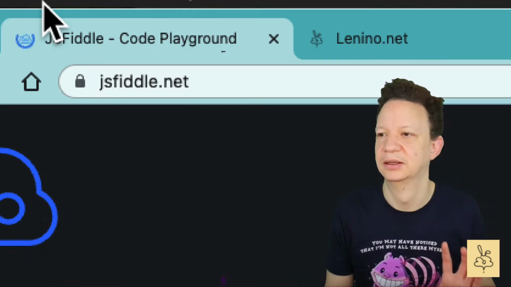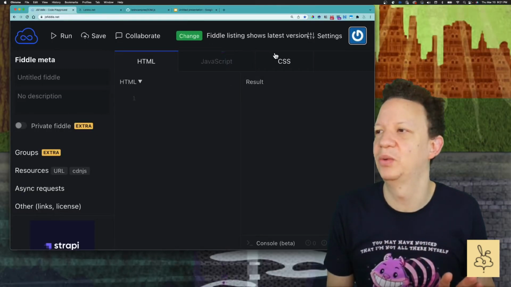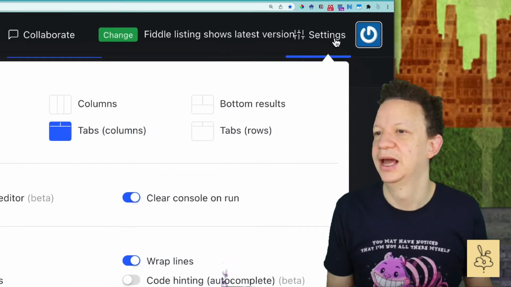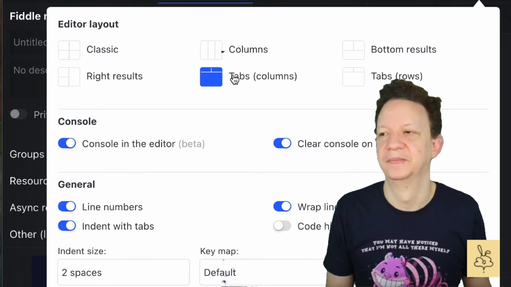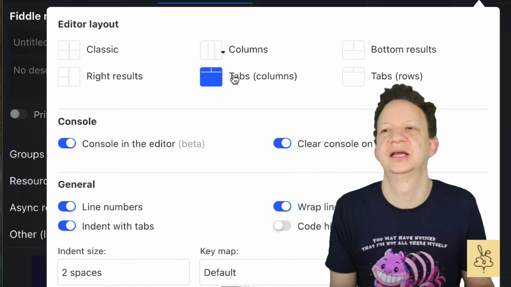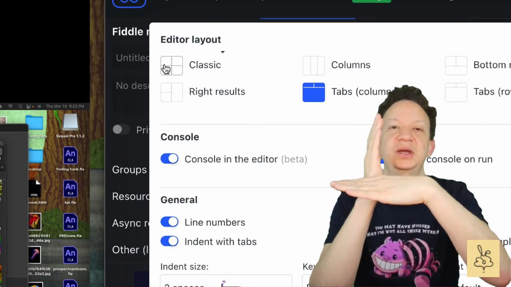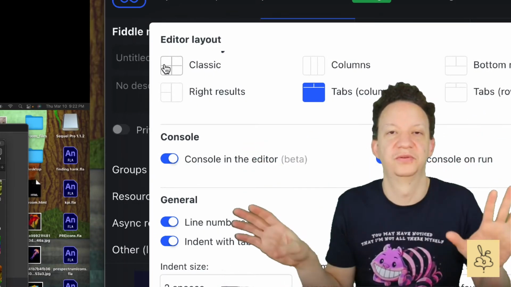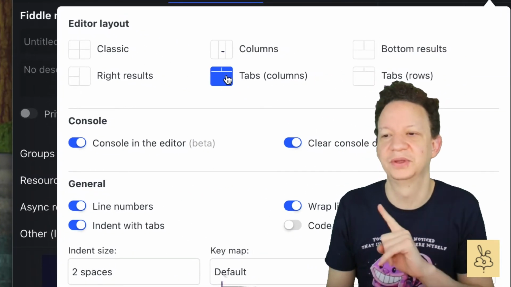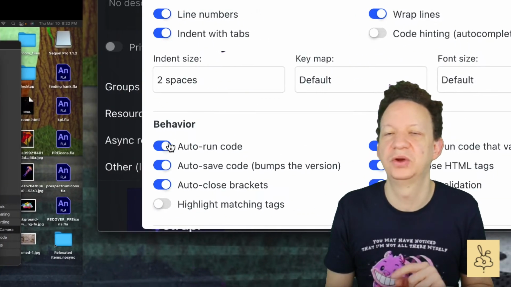JSFiddle.net. This is kind of what JSFiddle looks like. If it doesn't look quite like that, you might want to go to the settings in the top right and select tabs column. This allows you to see one portion of your code at a time instead of the classic layout, which breaks the whole screen in 4, and you're going to see multiple files at once, and we don't want that. So select the tabs column from the settings, and also down here you're going to find something called behavior,